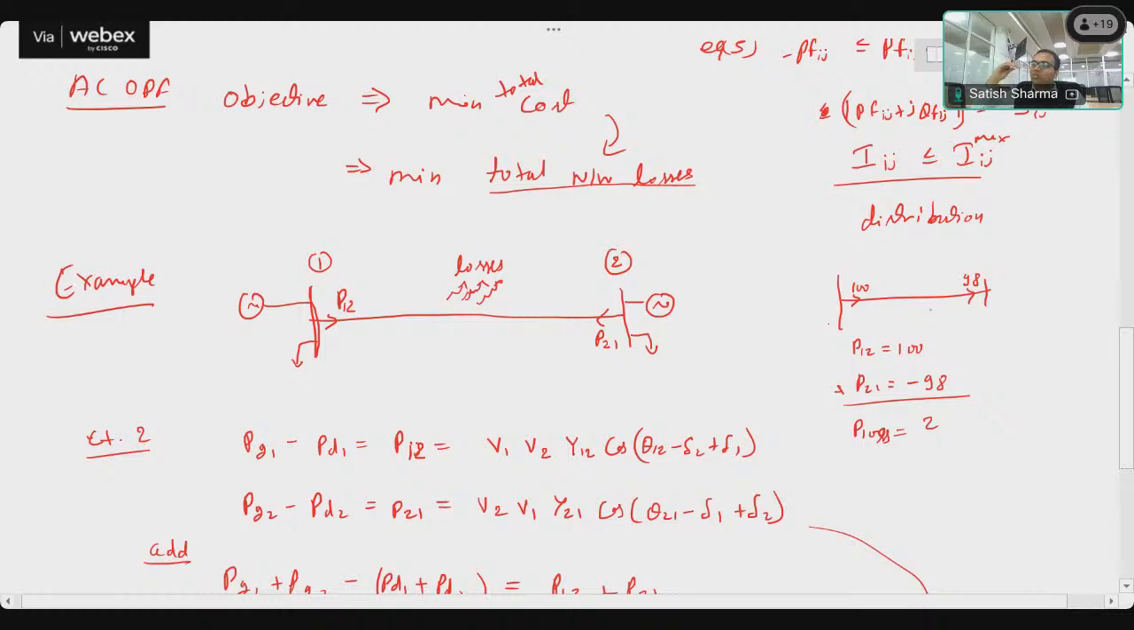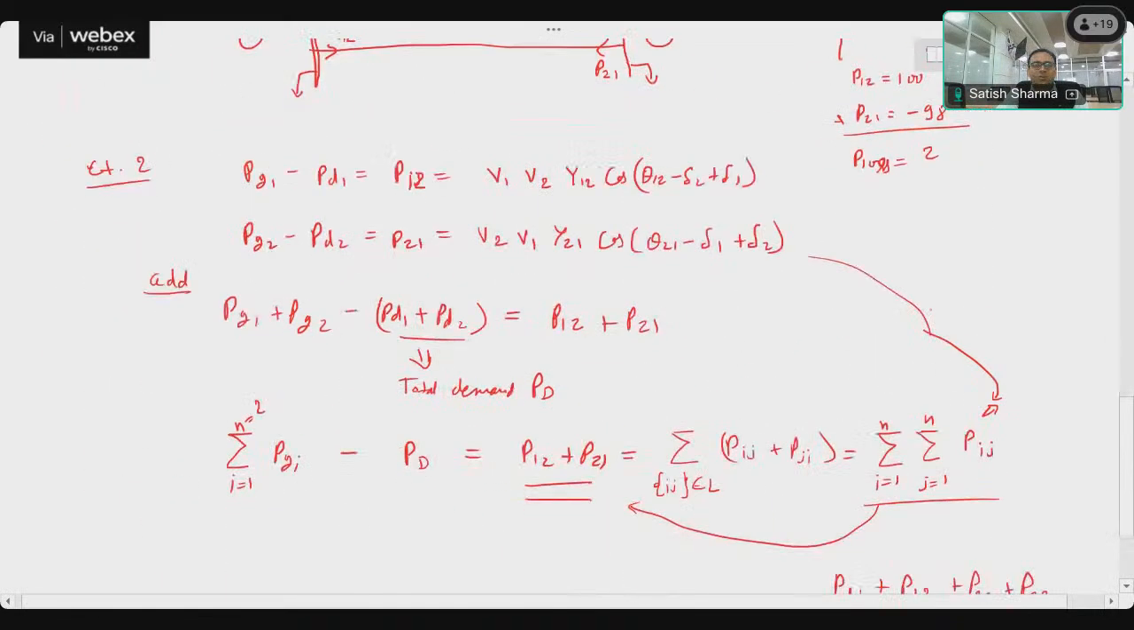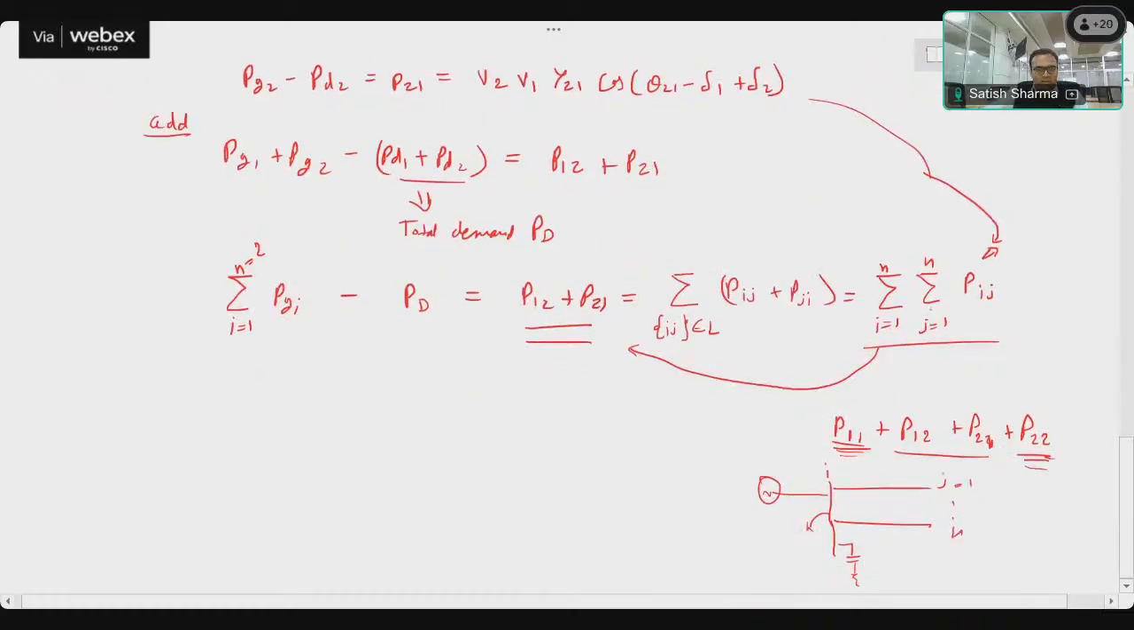Right, so the losses will always be positive, they will never be negative, and we can apply common sense as well, that the losses should always be positive. So with this particular example, we have seen that the losses will be positive. So if I have to write down this ACOPF problem with the loss minimization, what I can do is